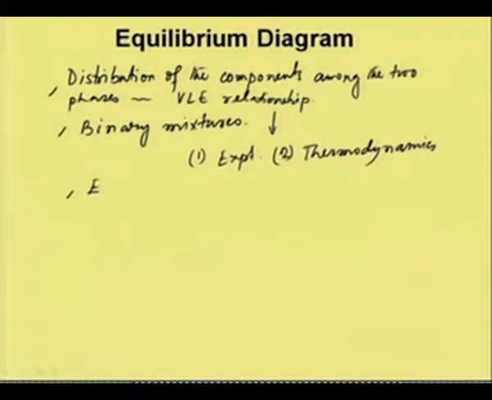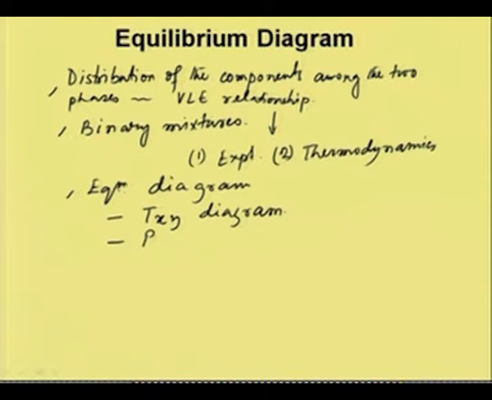VLE data is represented by an equilibrium diagram, like the T, X, Y diagram: temperature, mole fraction in the liquid phase and mole fraction in the vapor phase of the more volatile component. So, we call it a TXY diagram or a PXY diagram,